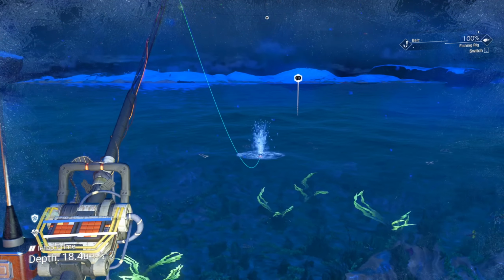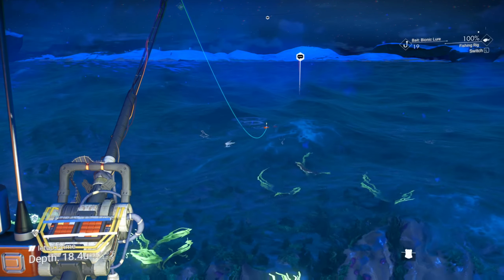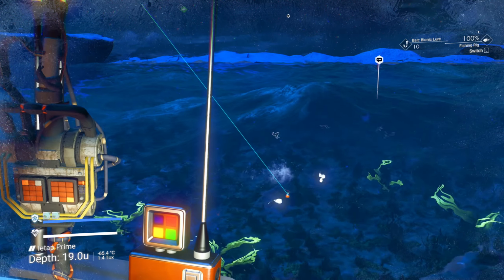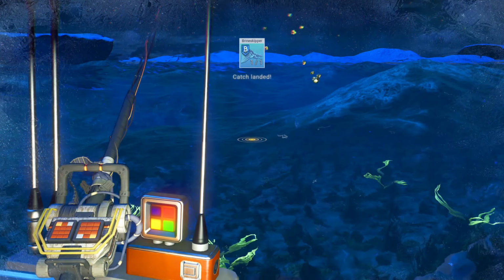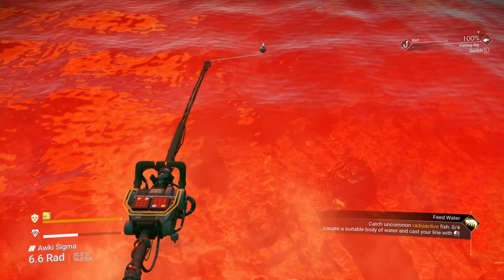Before you leave this planet, catch 5 uncommon frozen fish. Using bait will increase the chances of getting a rare fish. Then head back into space, and in this same system there is a ringed toxic world. Find a nice spot in the middle of the ocean to land and start fishing until you've caught 4 uncommon